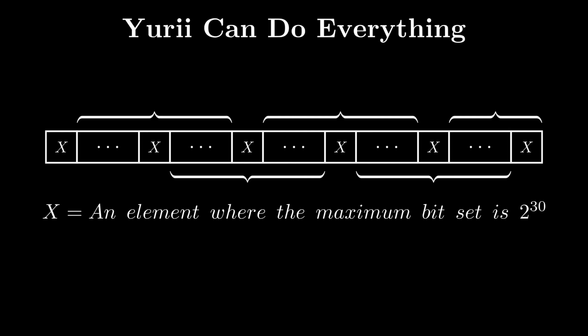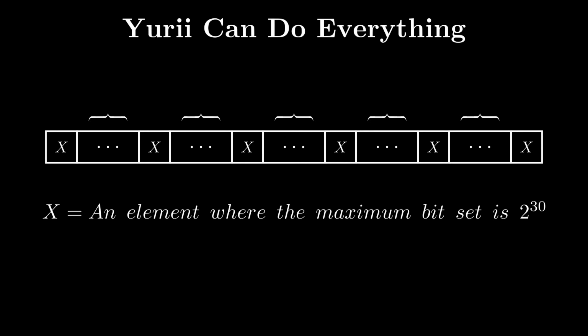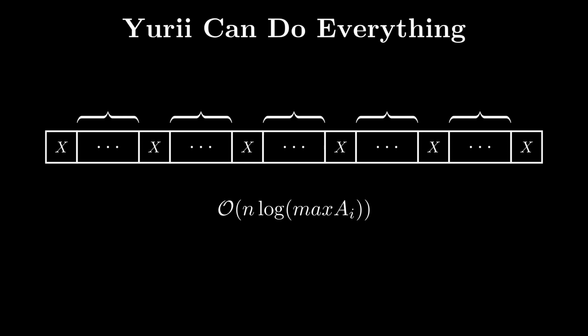However, since we reverse the array and repeat the process, each element gets visited a maximum of 4 times in total for each bit. Now note that we can break the ranges for bits less than 2^30 into even smaller segments. These segments can't cross positions which have the 2^30 bit set, as that would mean that the sum is greater than or equal to 2^30. Hence, the final complexity ends up being O(n log(max a_i)) with a small constant factor.